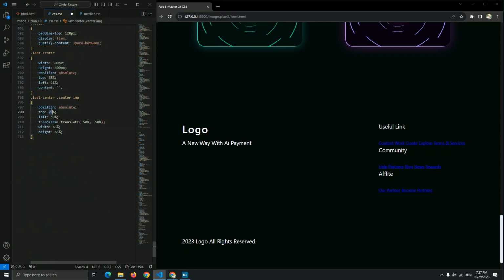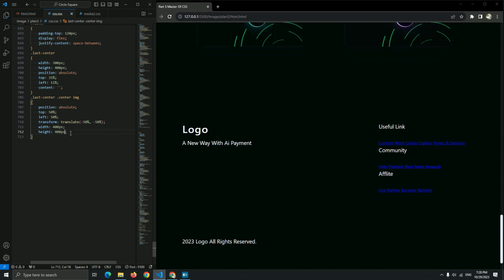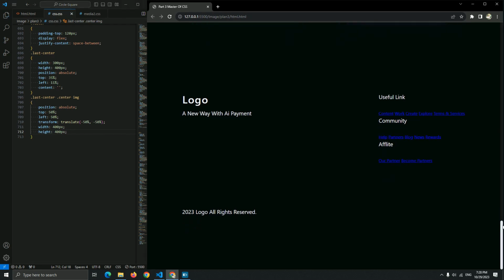So position will be absolute, top 50% to be centered, guys, and the left 50% the same, and for the width and the height 400 pixel for this image of the last center, and for the height 400 pixel. Now let's see the website, let's save it.